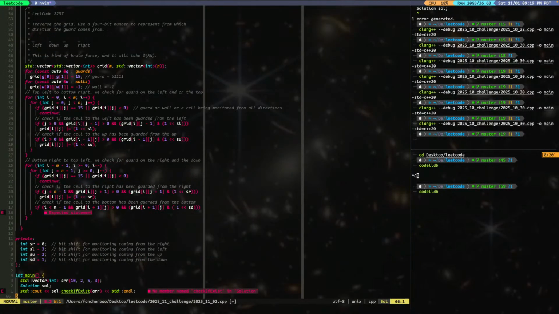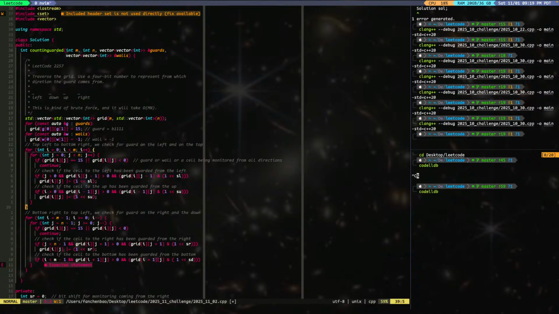I think that's what I call it. Yeah, s down. And grid[i][j] or equal to 1 left shift s down. Okay, so when we go through all this,